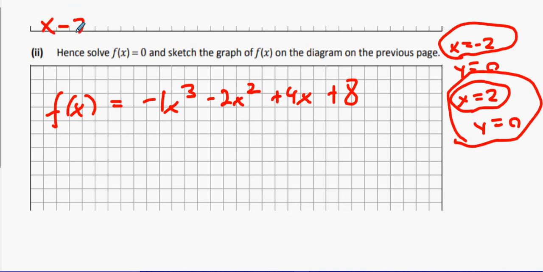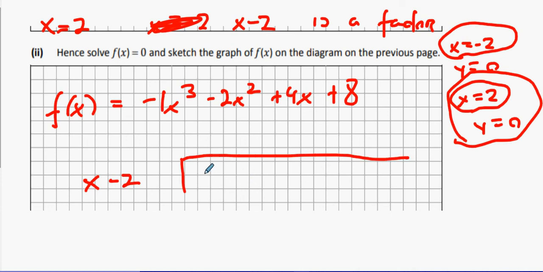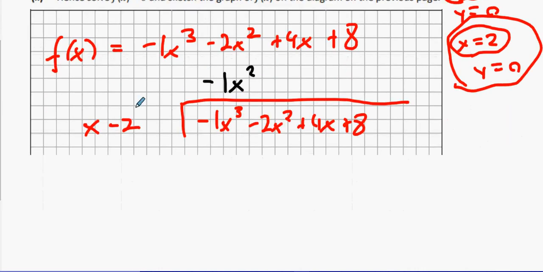So we're going to use the factor theorem. If x equals 2 is a root, x minus 2 is a factor. Now we're going to long divide this in. X minus 2 all into this equation here. It should be handy enough to pull off. Goes in minus 1x squared times. So minus 1x squared is multiplied out and we get minus 1x cubed plus 2x squared